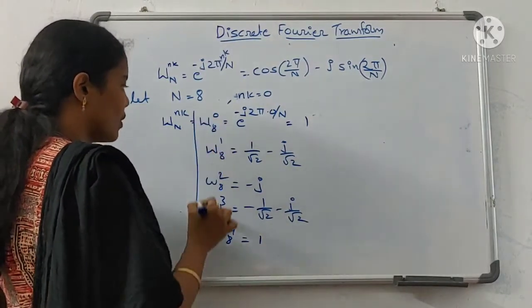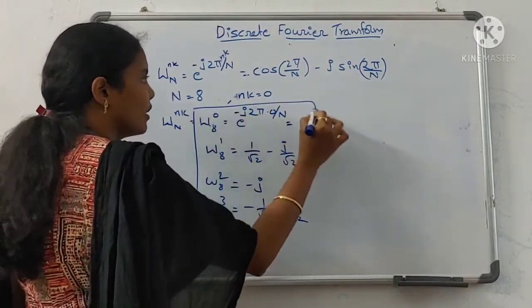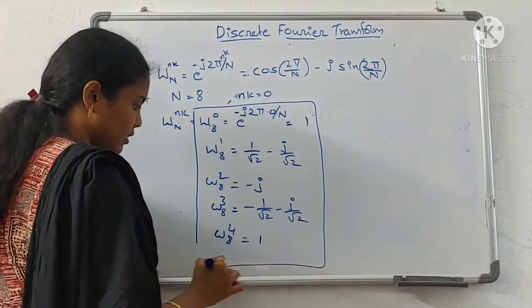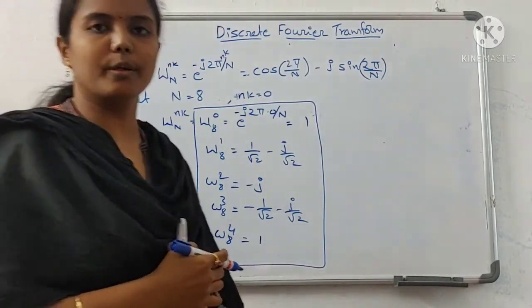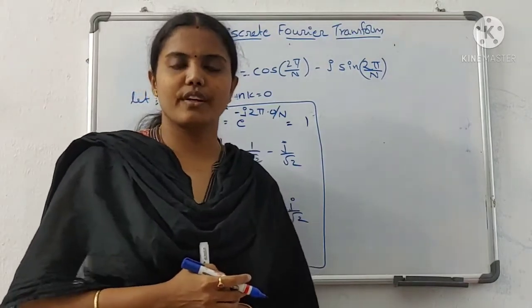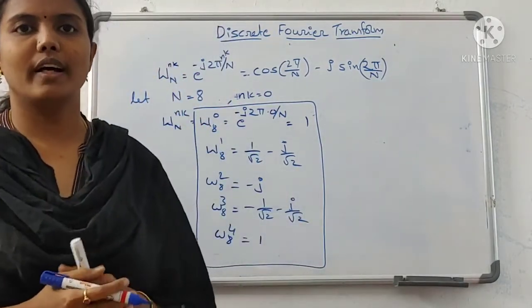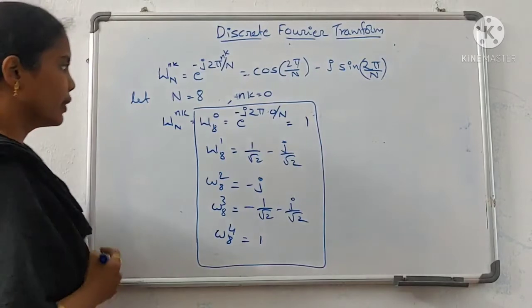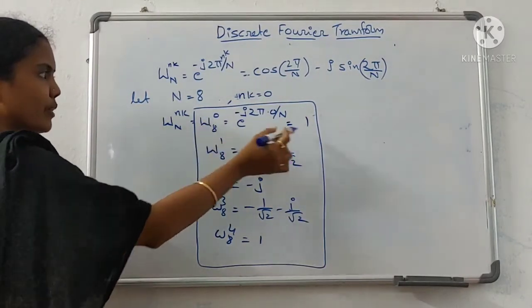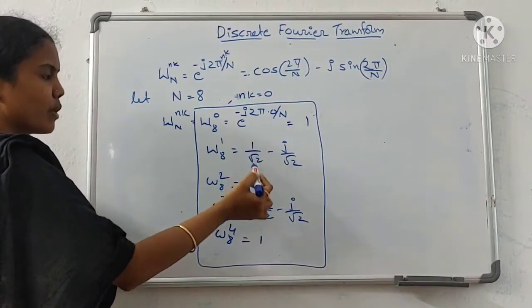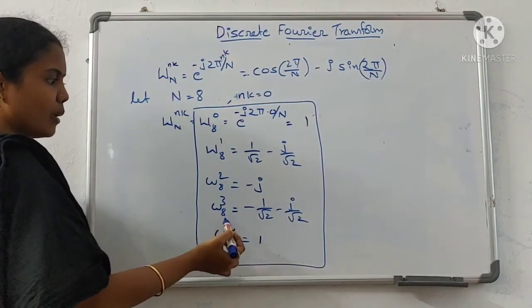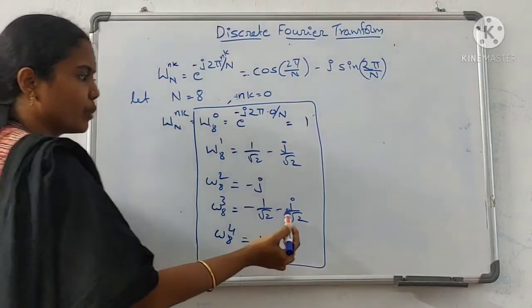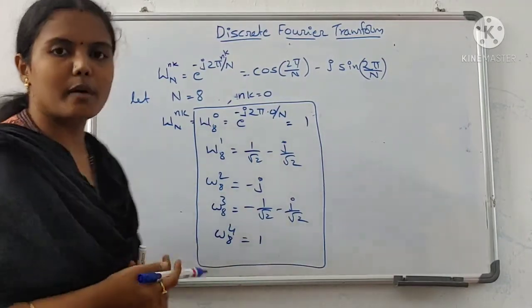These values are very important for fast Fourier transform algorithms. You have to remember that the W8 power 0 value is 1, the W8 power 1 value is 1 by root 2 minus j by root 2, W8 power 2 is minus j, and the W8 power 3 value is minus 1 by root 2 minus j by root 2, and W4 is